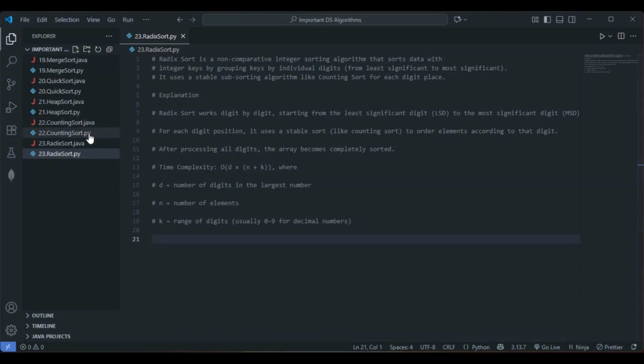Hello everyone. Previously we had discussed the counting sort algorithm. Today we'll be discussing the Radix sort algorithm. So let's get into the definition part. So what it says here,